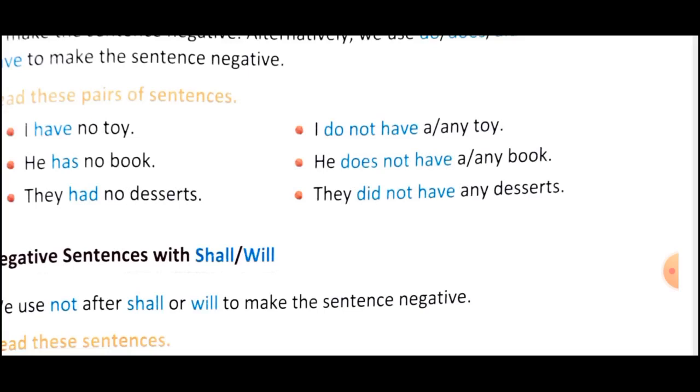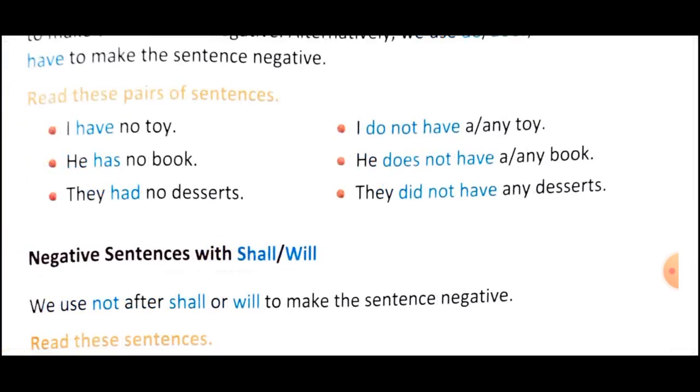Here has, have, had plays the role of main verb, and if you are placing the main verb without a helping verb, there you have to put no after the main verb, and if you will write this sentence with a helping verb, then it would be written as